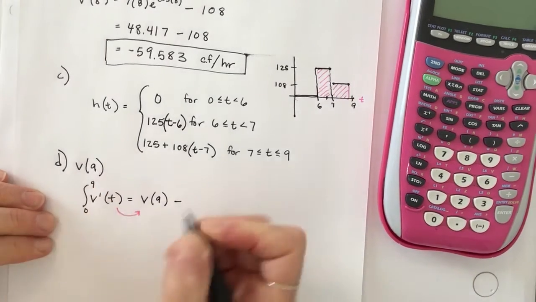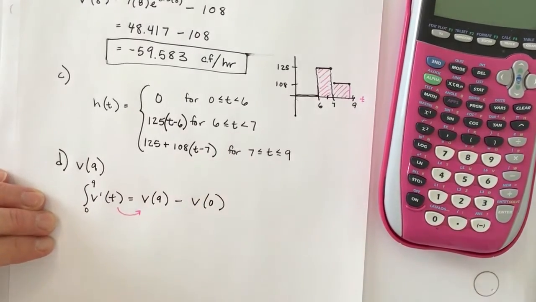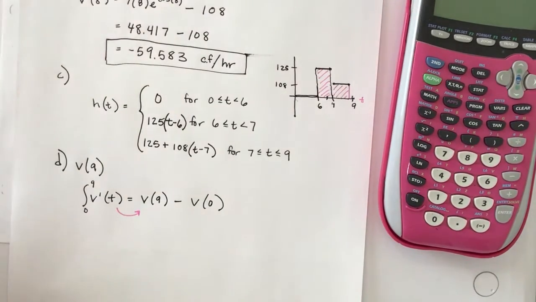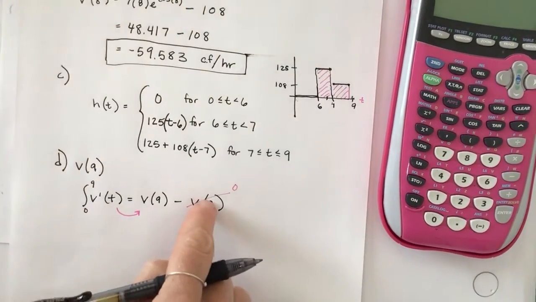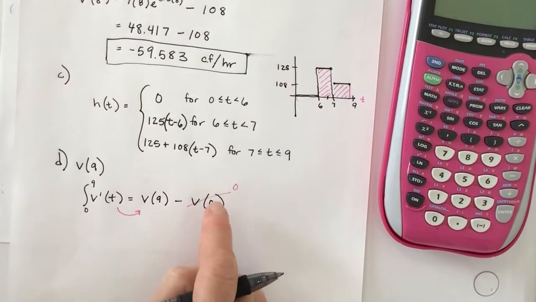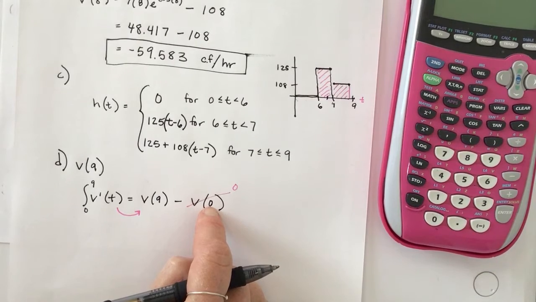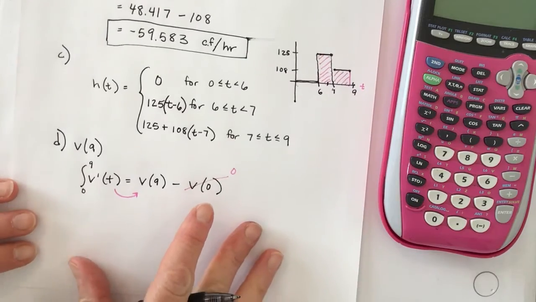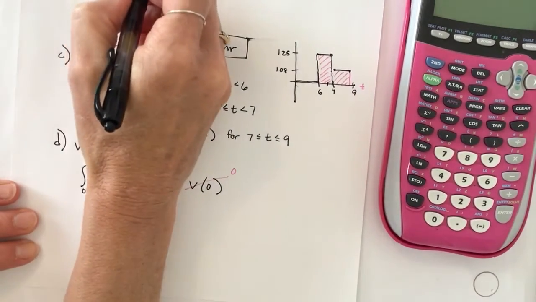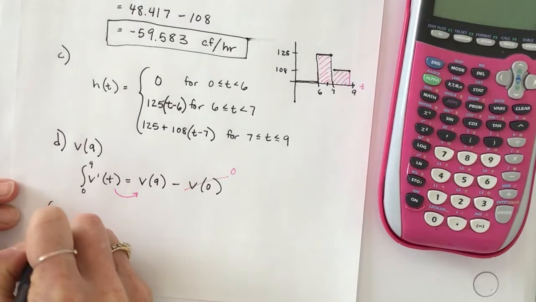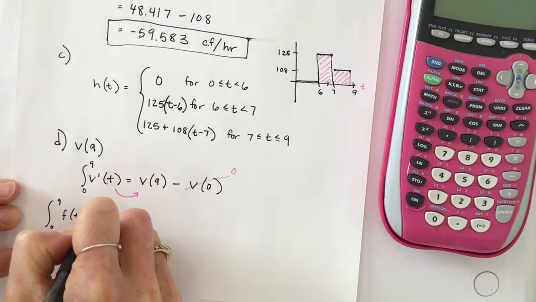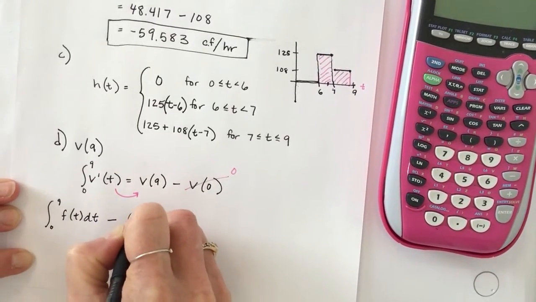V is 0. We know there's no snow on the driveway at time t equals 0. So I think we're okay here. Now we just have to figure out how to anti-derive this. So V prime of t is equal to the rate in minus the rate out. So I'm going to break this up into the integral of f of t dt minus the integral from 0 to 9